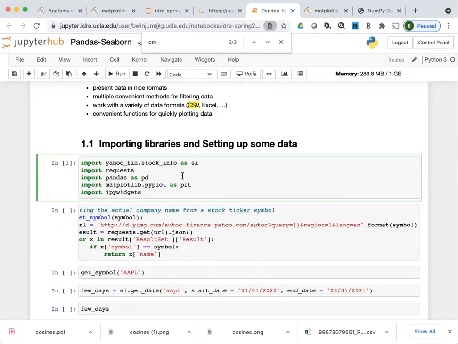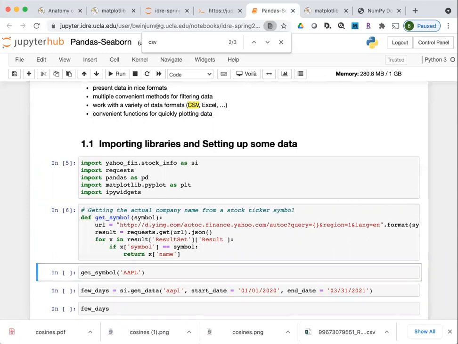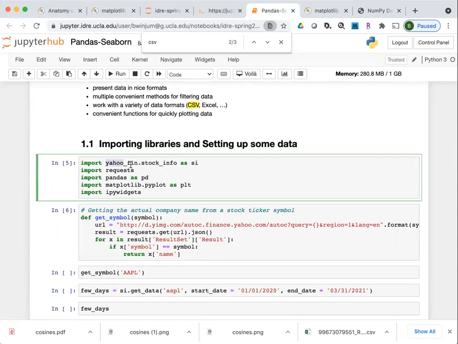These first cells I'm going to execute, but they're primarily setup. If you don't understand them, that's okay. This is just initializing the environment. I'm going to be using a library called Yahoo_Fin, which gets stock information from Yahoo Finance.